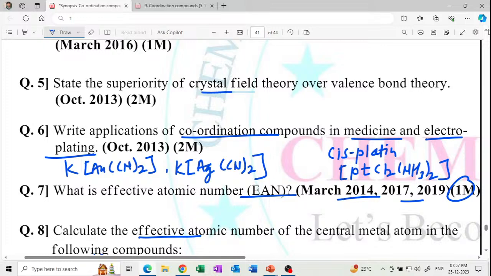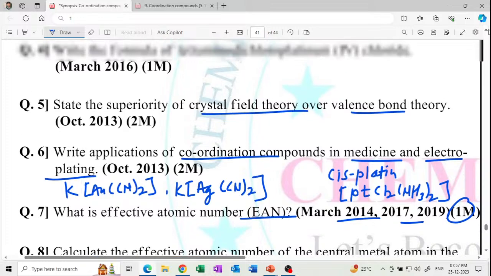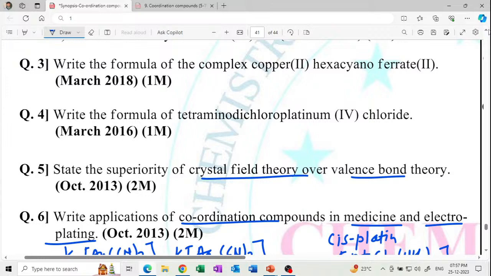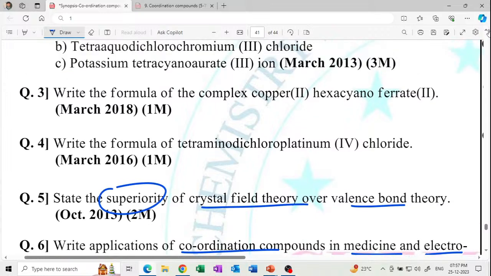State the superiority of the CFT over the VBT. ठीक आहे, आपण ते नोट्स मध्ये पाहू. What is the superiority of CFT over VBT? Next is write the formula of the